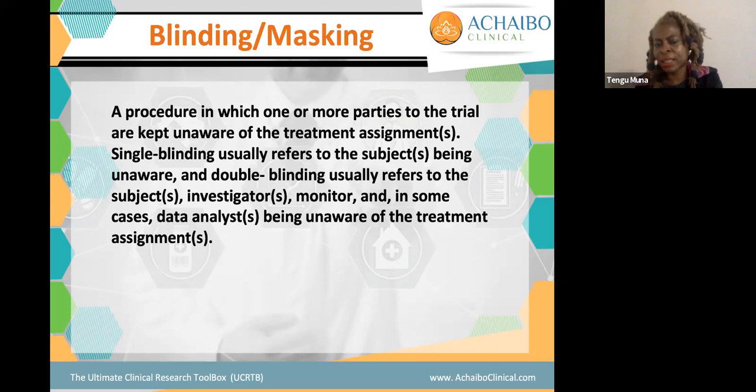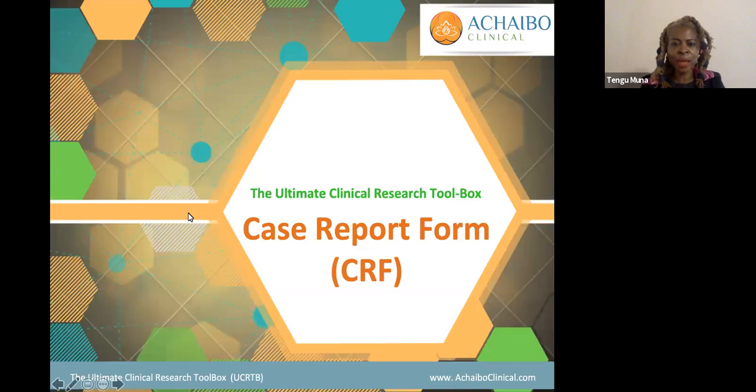So if you're in a clinical trial and you see an unblinding team, you would see the normal operational team, and then you would have the unblinding team that is responsible for making sure that they see everything, they know what the patient is on, and that way they can better manage the study from that perspective. And also from a safety point of view, you want to make sure that in case something happens, you can easily address it. So that's it for blinding and masking. There might be more, but I want to go as quickly as possible because these are all definitions.